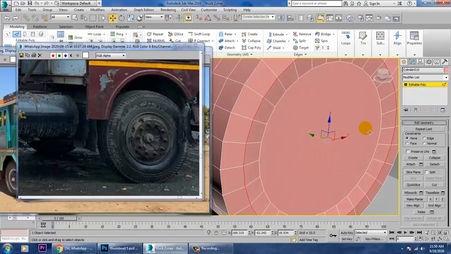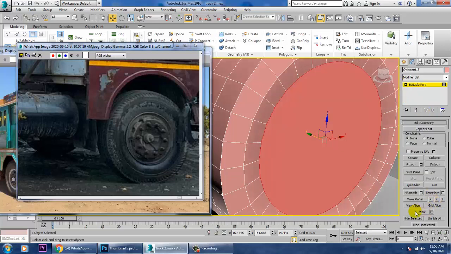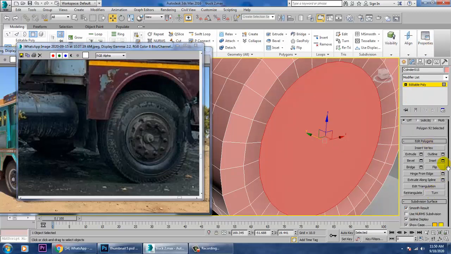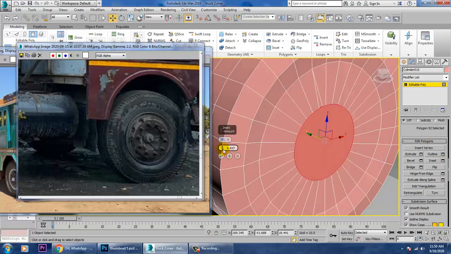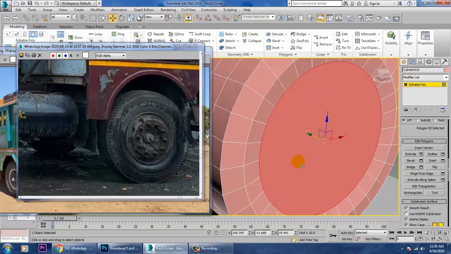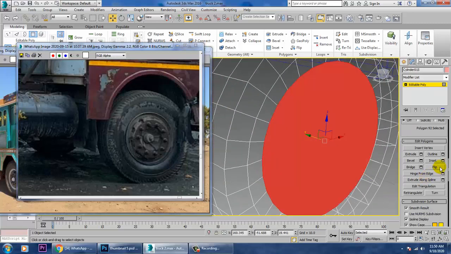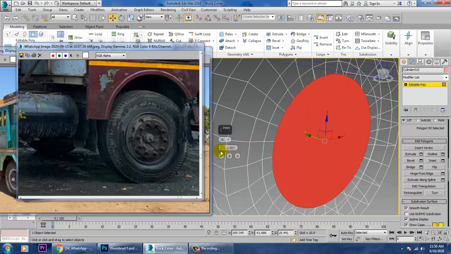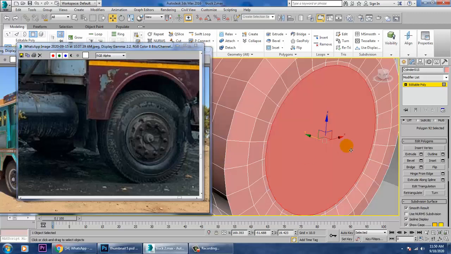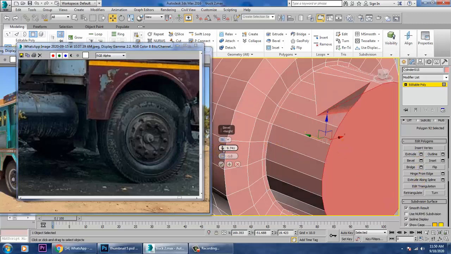Again select these polygons and use a bit of inset. So just select these polygons and use a bit of inset over here. Again use a bit of bevel.